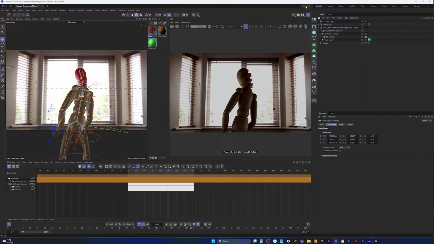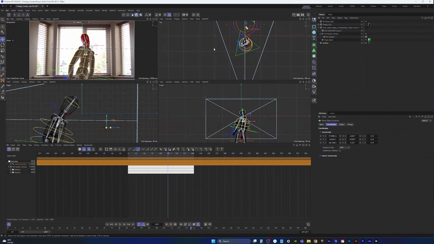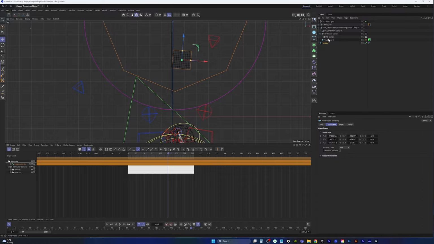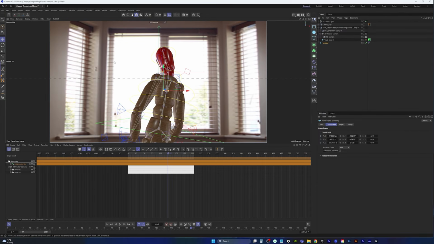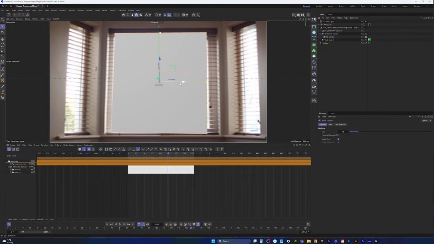So we can just stop this for a second, jump into standard, and have a look at this. So our track solid is here and our window has aligned itself to it. So let's hide our creepy guy for a second and let's just start making this window the same as the actual window. So something like this